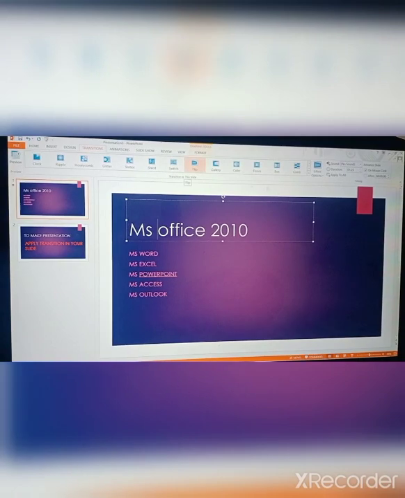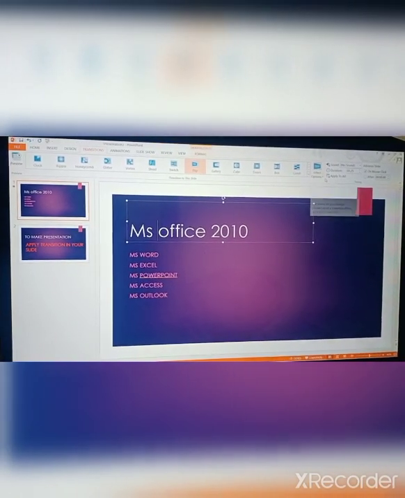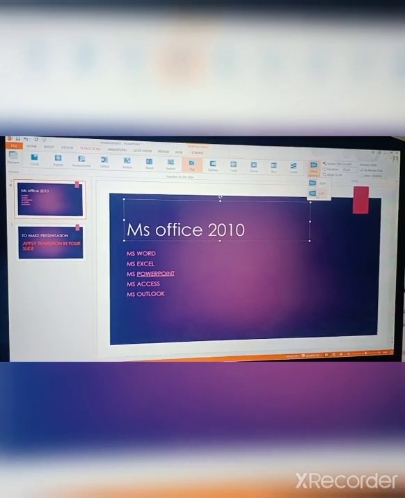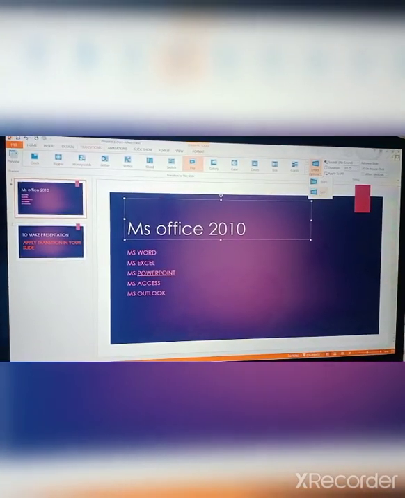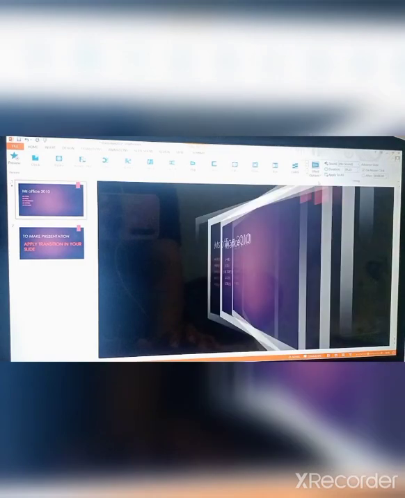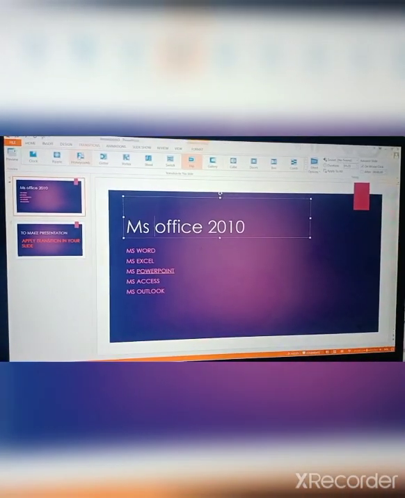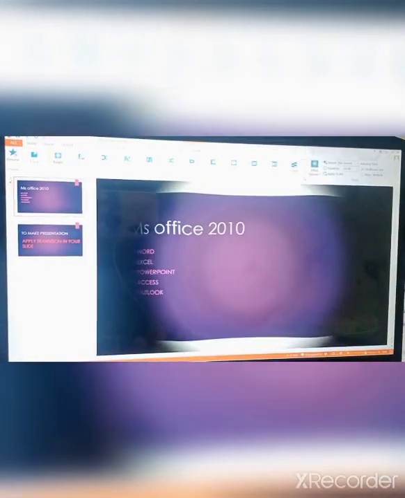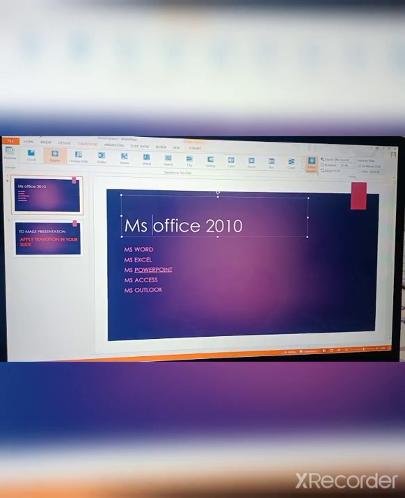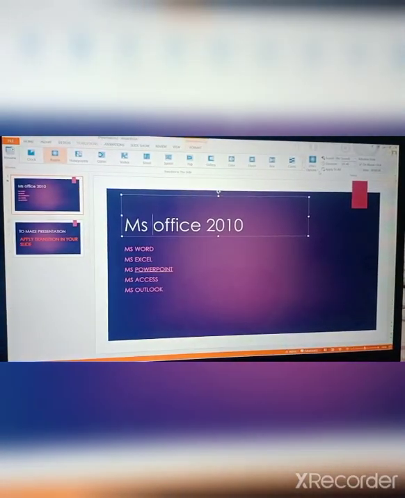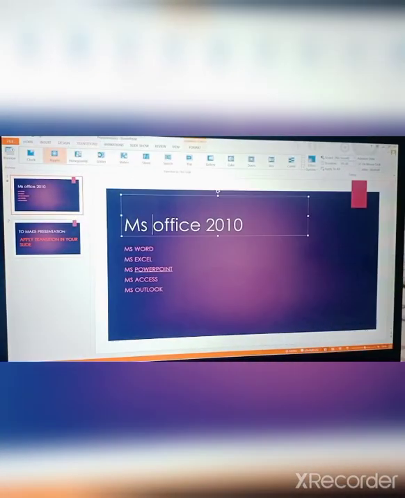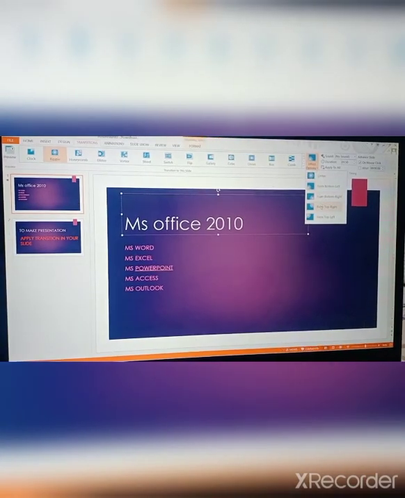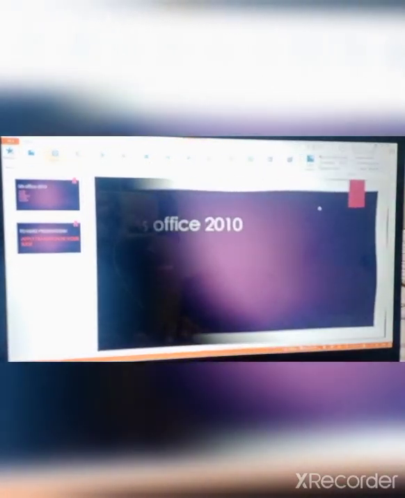Look here, I click on the flip, and in flip, effect options are available like from right. It will come from the right. If I click on this, it will look like this. If I click on ripple, it also has other effect options. Click on this effect, center, it will come from the center. If I click on the effect option and click from the bottom, it will show you from the bottom. If I click on from top to right, it will show you the top to right.